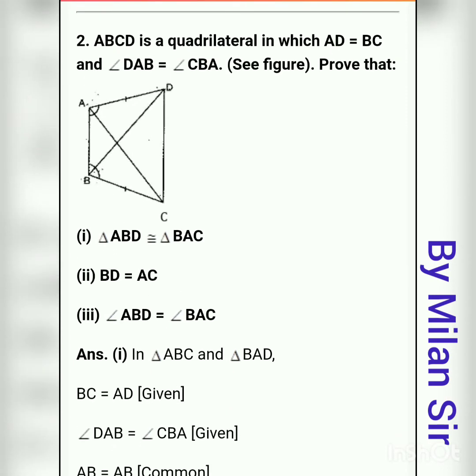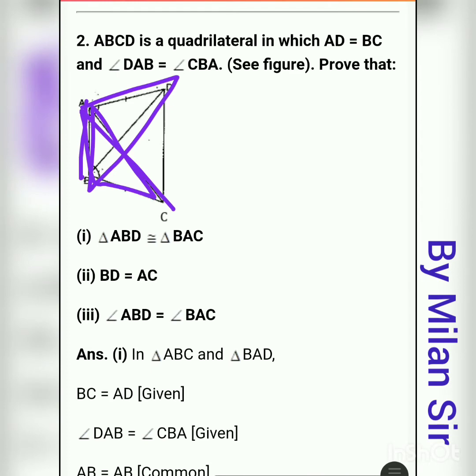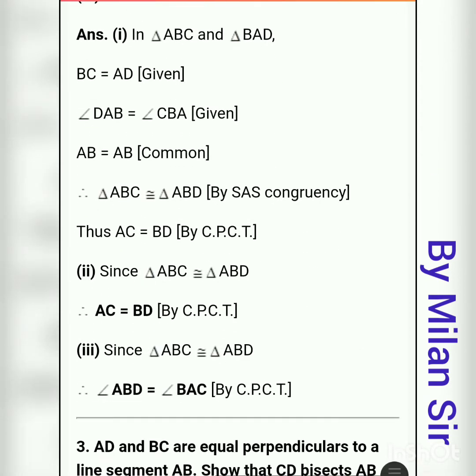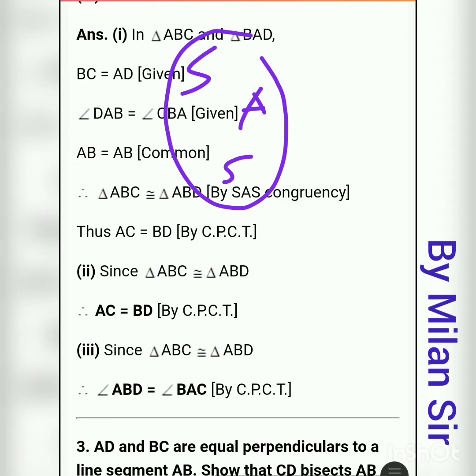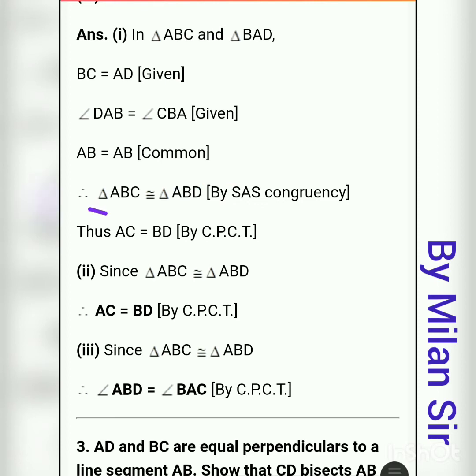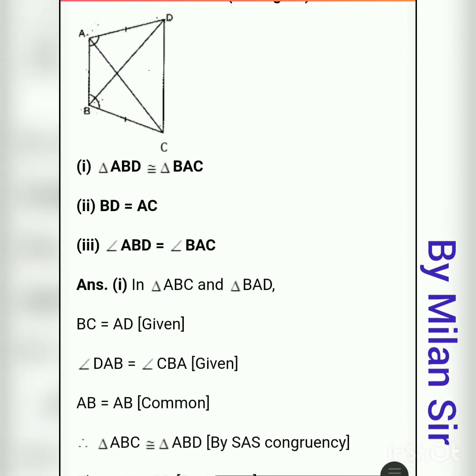After that, our third thing is the common side AB, because AB is in both the triangles, right? So AB is equal to AB, common sides. So here we get the rule side angle side. By using the SAS criteria, we can say that these two triangles are congruent. Just write down triangle ABC congruent to triangle ABD by SAS congruency. Right now this congruency is already given in the equation, so directly we can copy from there. Otherwise we need to construct it.